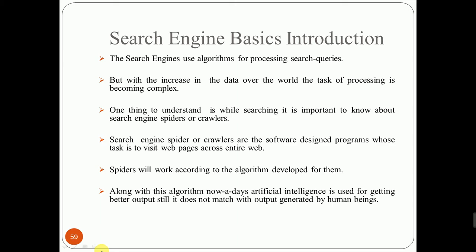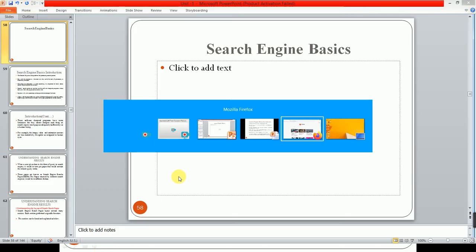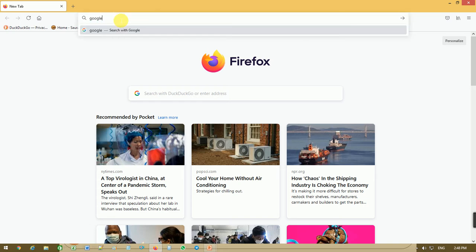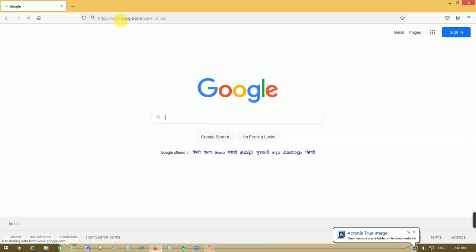It's simple. Here we write down google.com, and when you click on google.com, the Google search engine opens.